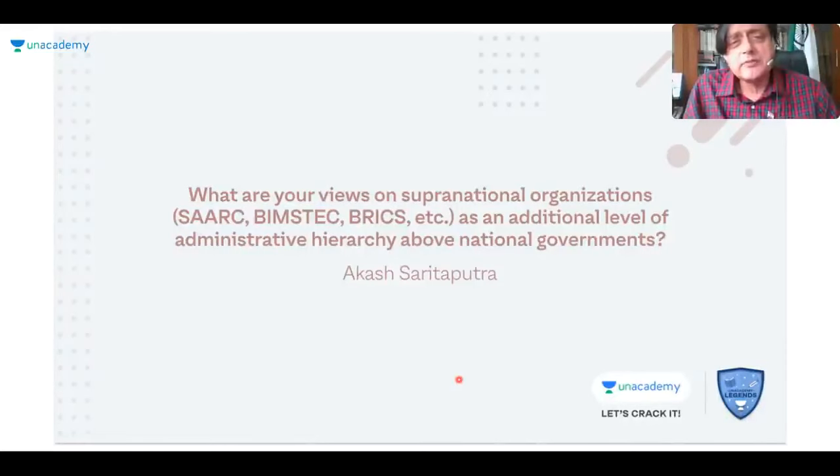Mind you, I'm a big fan of India's involvement in many of these groupings, not because they're above us, but because we can leverage them for our own benefit. It's interesting. Every year, our foreign minister meets in something called the RIC, the foreign ministers of Russia, India, China. Then he adds now the Brazilians and the South Africans in a meeting of BRICS. Then he takes away the